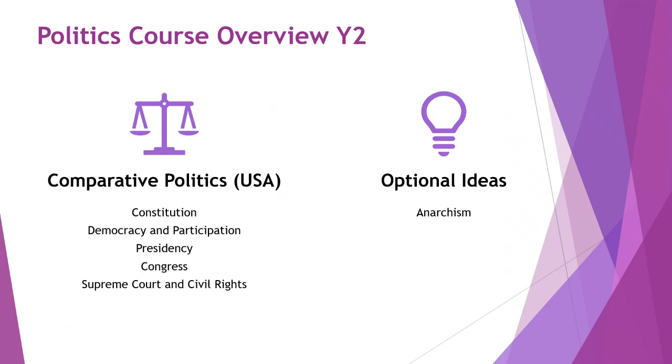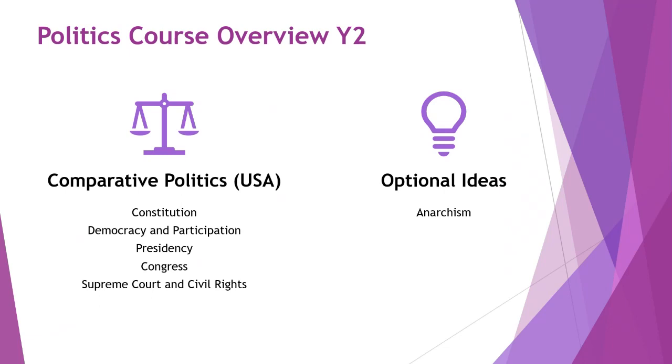So all that we've studied in Britain around Parliament, the Prime Minister, political parties, we look at the equivalent of what's happening in America, and we look at the strengths and weaknesses of both approaches. Sometimes we look at things in British politics and we think that's not really working very well. Wouldn't it be better if we did something different? Then we look at the American system and we think, oh, maybe our system isn't so bad after all, or maybe they do have a good solution for us. So that's the comparative element.